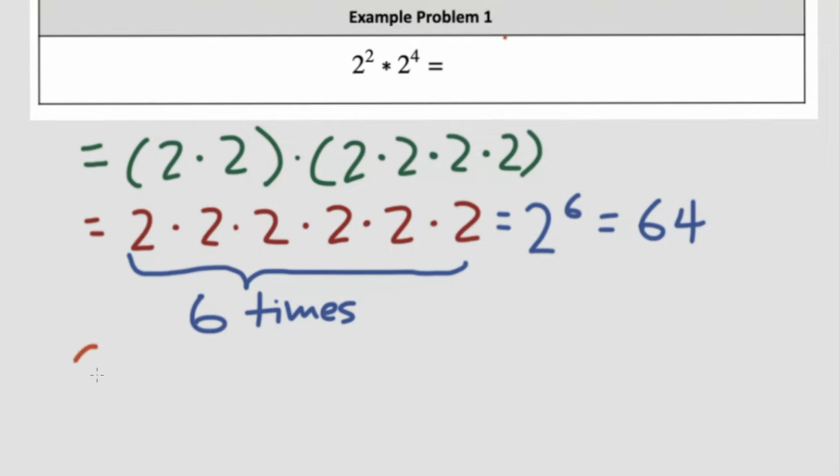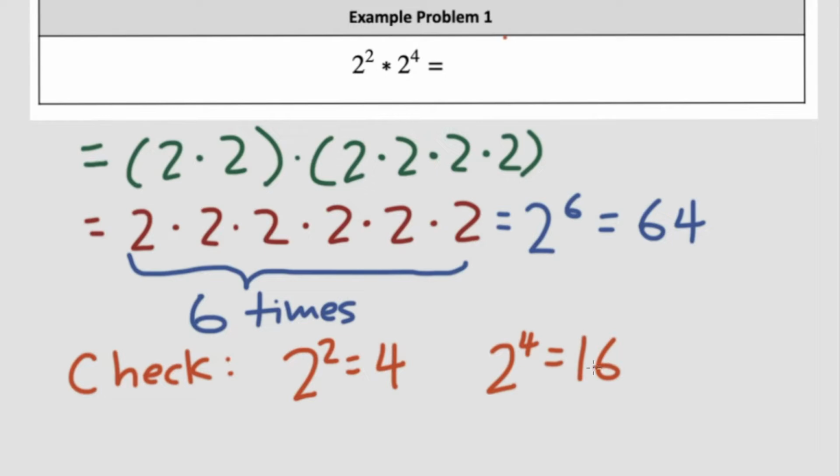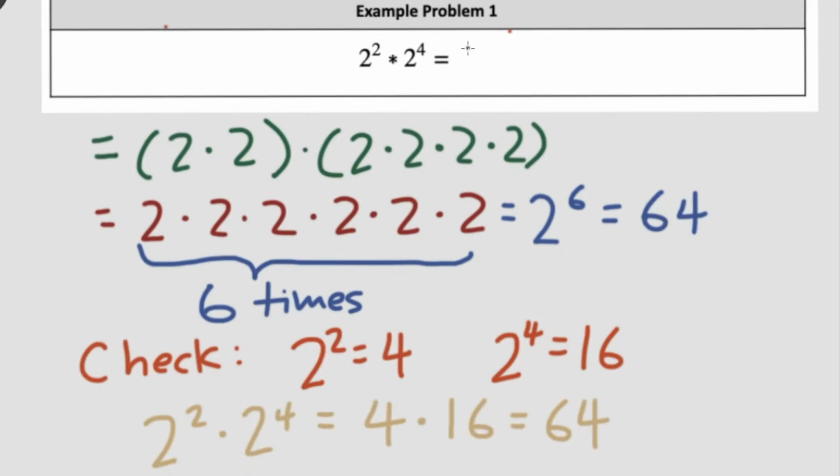Now I found this answer, but just to make sure, I'm going to double check. So I'm going to write check here, and I'm going to find 2 to the power 2, which is equal to 4, 2 to the power 4, which is equal to 16, and then I multiply them together. 2 to the power 2 times 2 to the power 4 is equal to 4 times 16, which is also equal to 64. So 2 to the power of 6 is equal to 64,